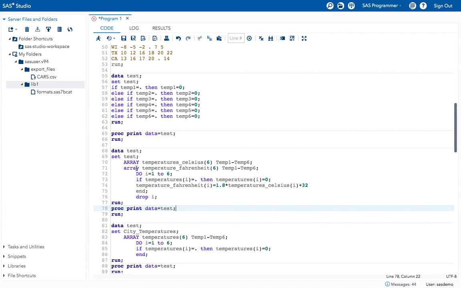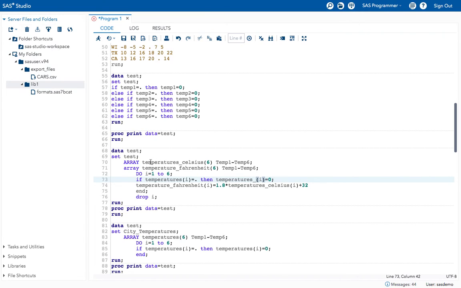Any mistake? I think it's correct. Okay, here I forgot to give it. I have changed the name, right? The array name.